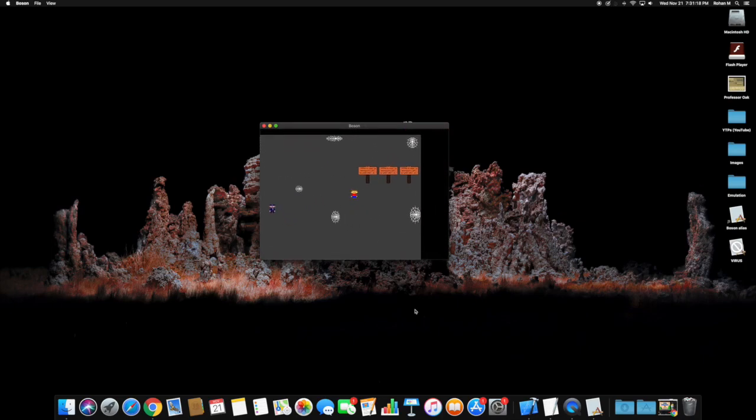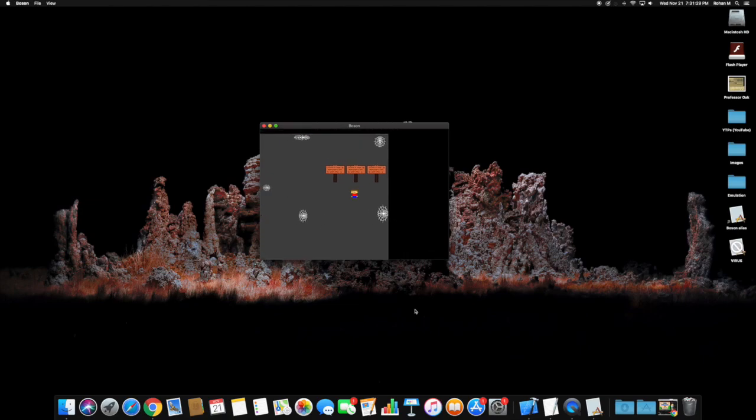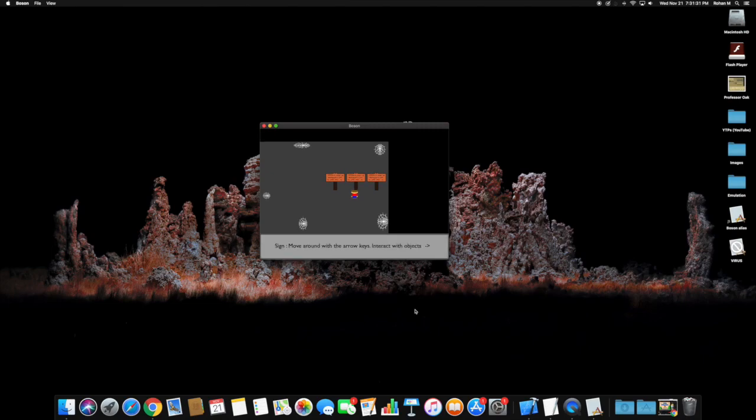So, if you walk up to an NPC and you press V, you can interact with it. And they'll all say different things. They even have different names and titles. So this one says, move around with the arrow keys, interact with objects. And I put in